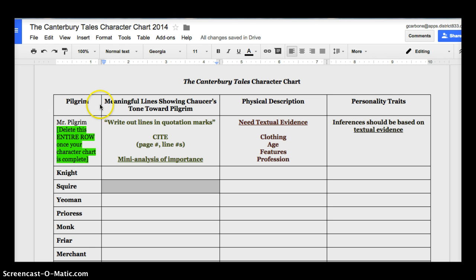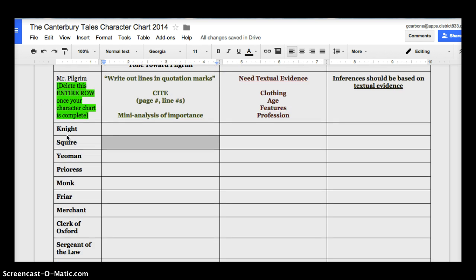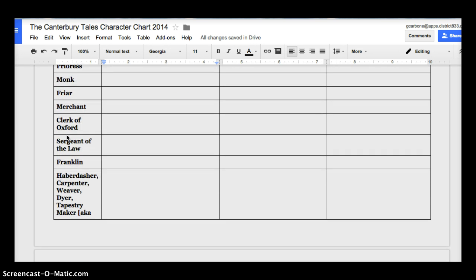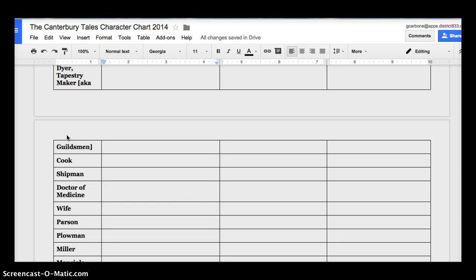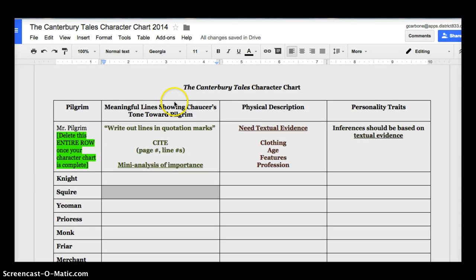First, we have the pilgrims labeled for you, and as you can see by scrolling through the document, every single pilgrim who is a part of the prologue is on this chart already for you. The first section that you have is to identify meaningful lines from the section related to that particular character, which show Chaucer's tone towards that pilgrim. You are expected to type out the lines and put them in quotation marks. As you are utilizing a direct quote from the work, you should also write the page number and the line